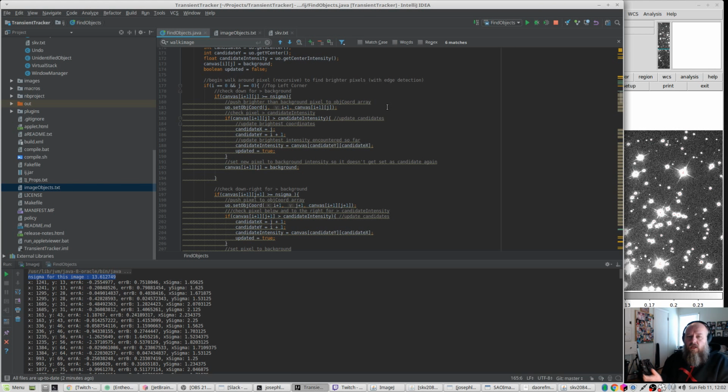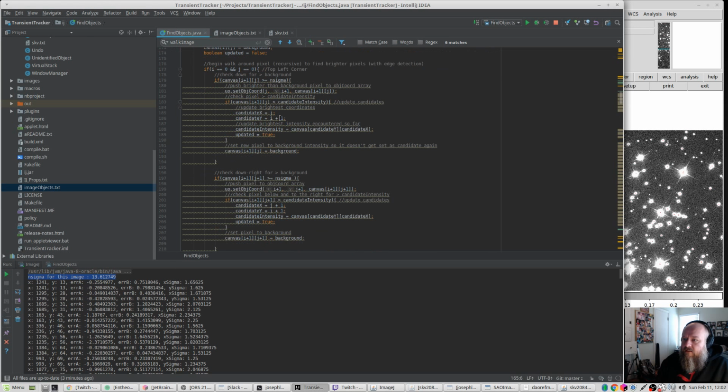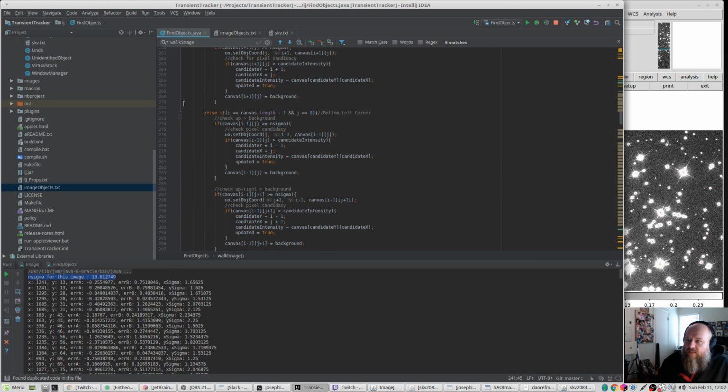But it includes all the pixels into an object called a UO, or an unidentified object. And then it just does that over and over. And in the process, it will set any pixel it detects to that background. And you'll see that here. To avoid catching that pixel again, it sets that pixel to the background color, right? And then all these else ifs are just, okay, so if it's the bottom left corner,